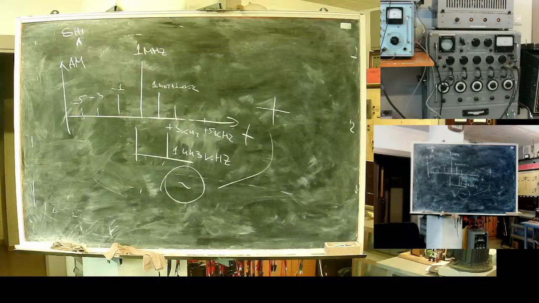Looks better. 4, 4, 0 must be another one. Oh yeah. Here is a pair. 1 megahertz, 1.05, and it should be somewhere. There should be the